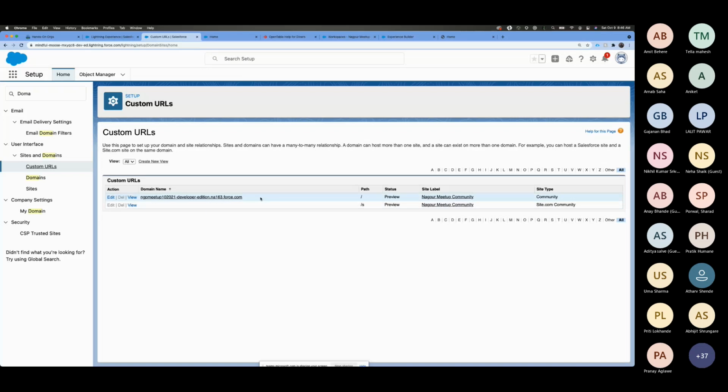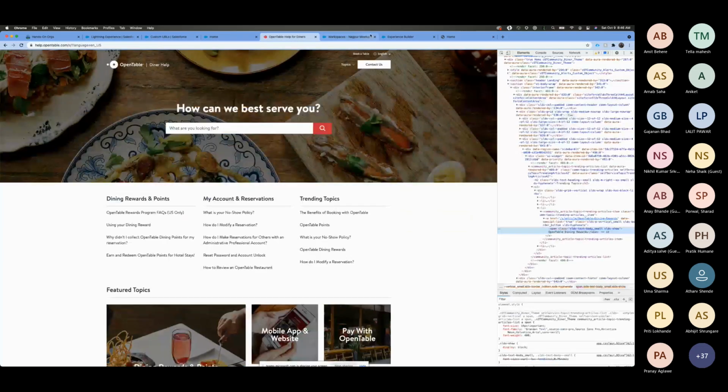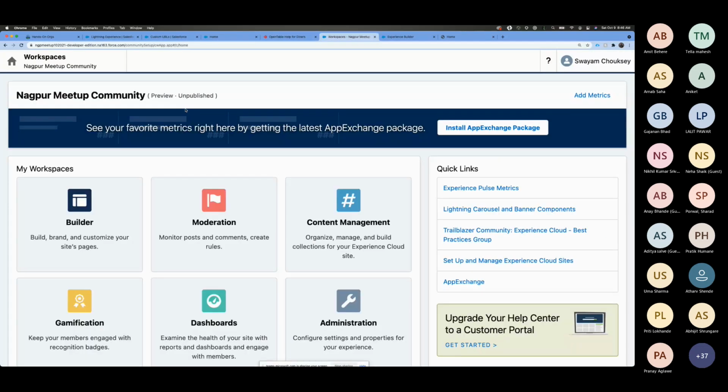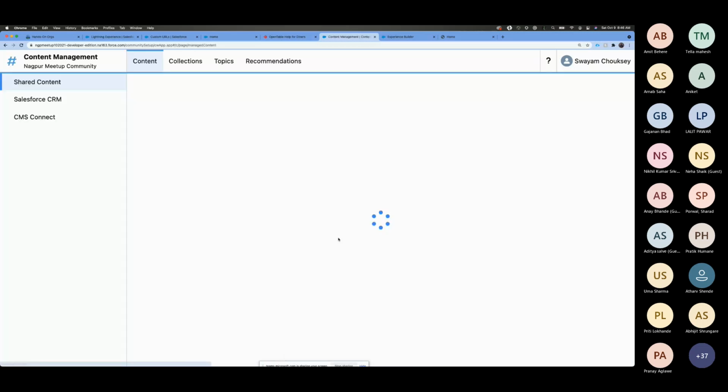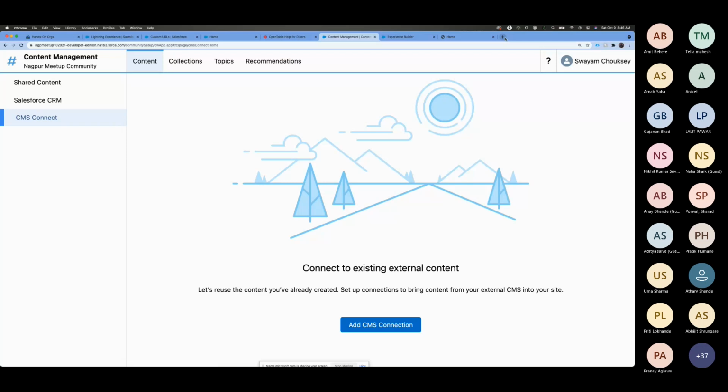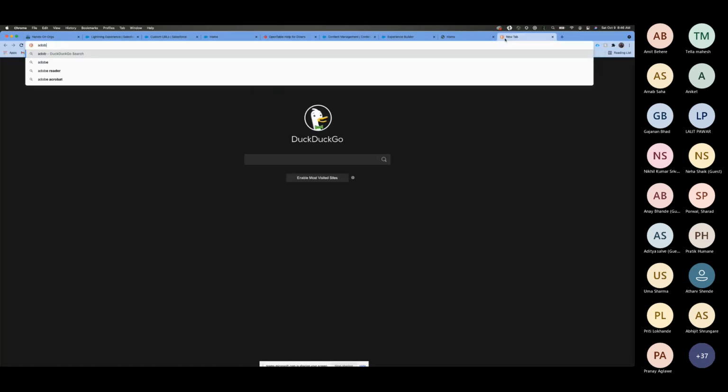Anything else? Yes, some of the questions from Rohit related to the CMS. Will CMS integrate with the community and CMS portal? Yes. Salesforce provides CMS integration by default. If you are familiar, there are different CMS tools. One which I am personally aware of is Adobe Experience Manager. They call it Adobe AEM.